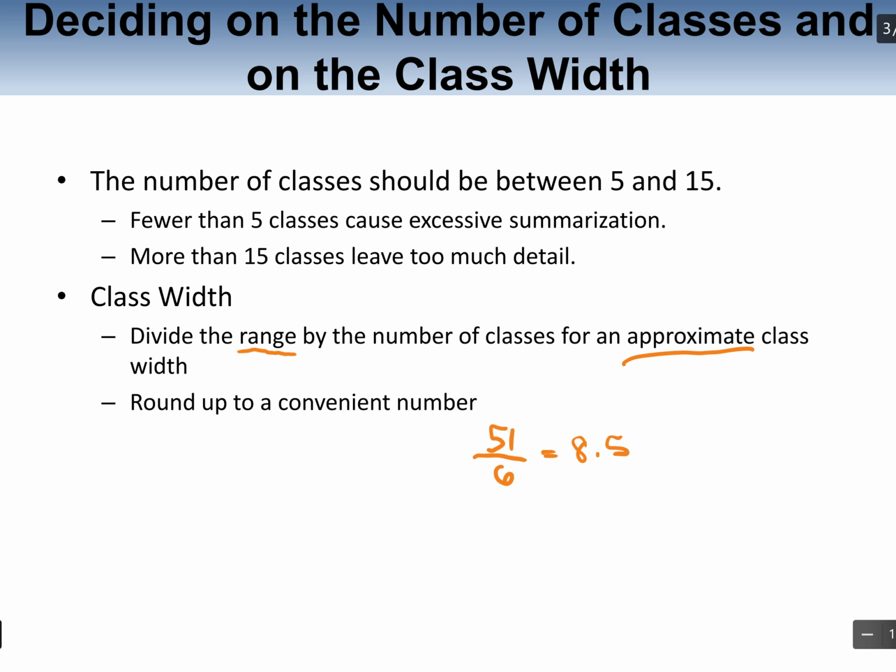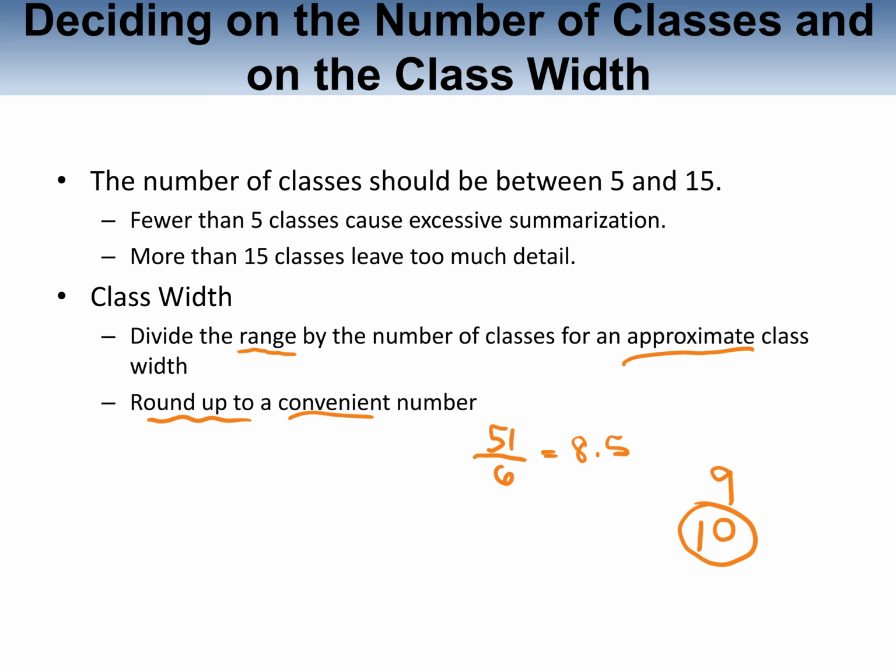Rounding up would give us 9, but most of the time when we are working with quantitative data, we usually like to have a nice round number like 10. It's an easy, interpretable number,